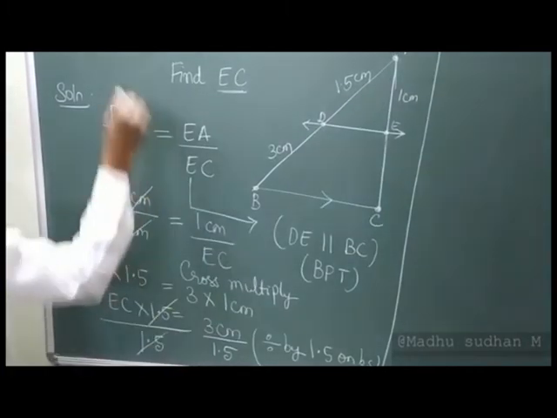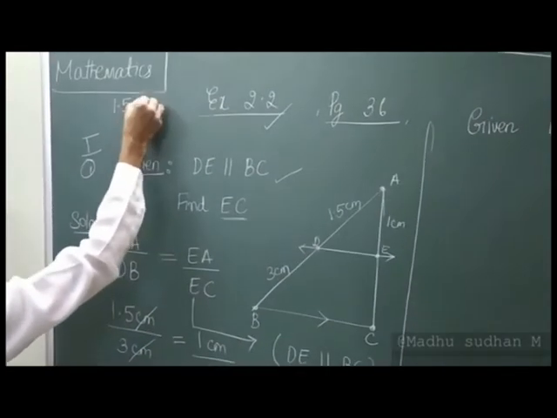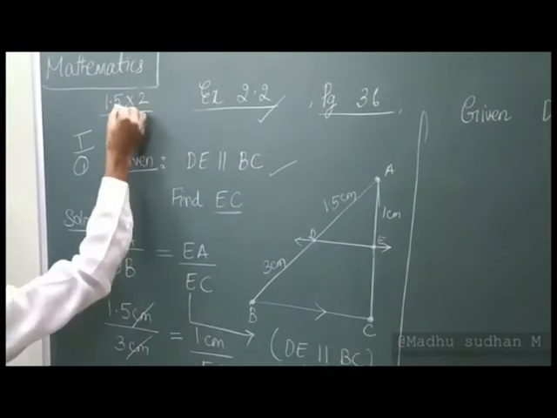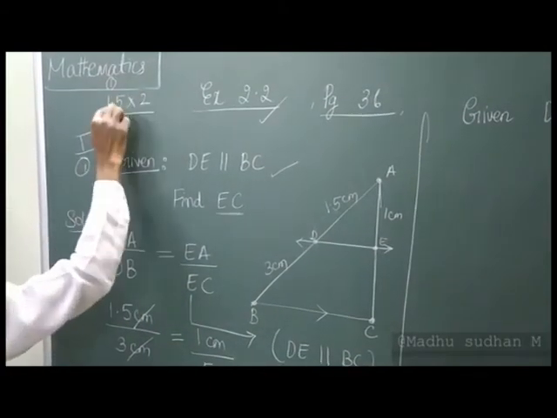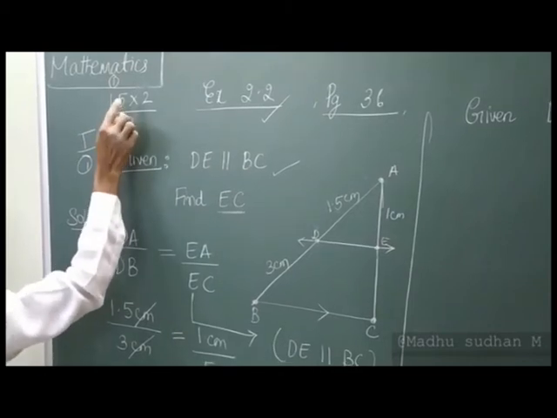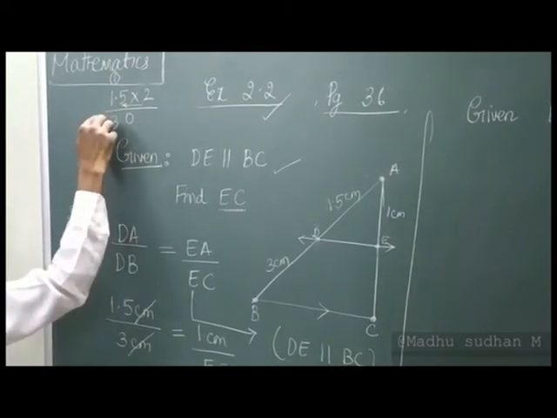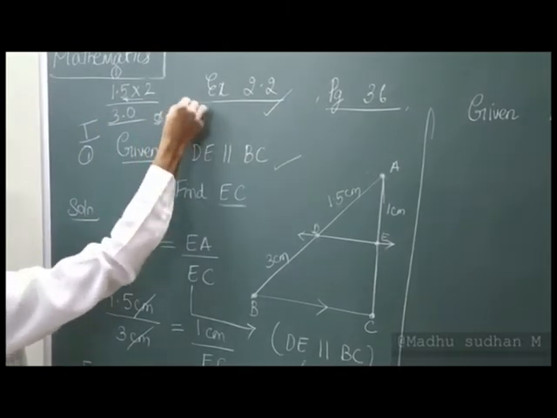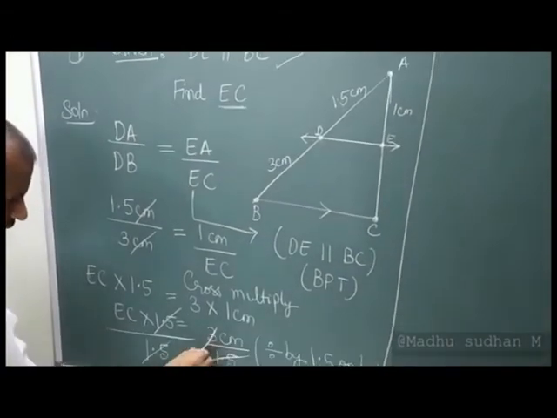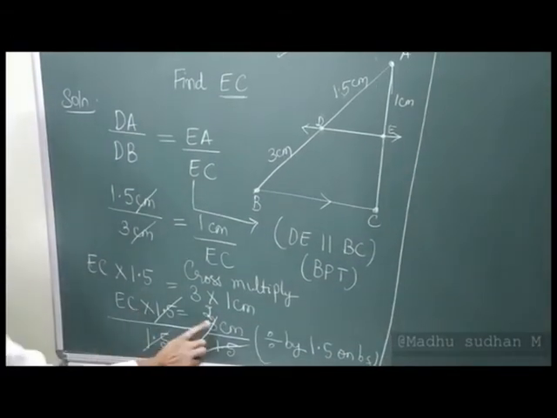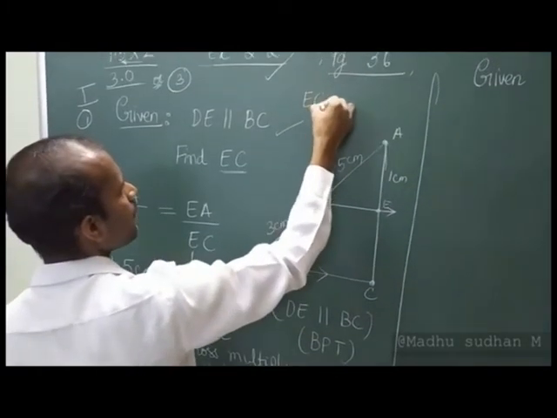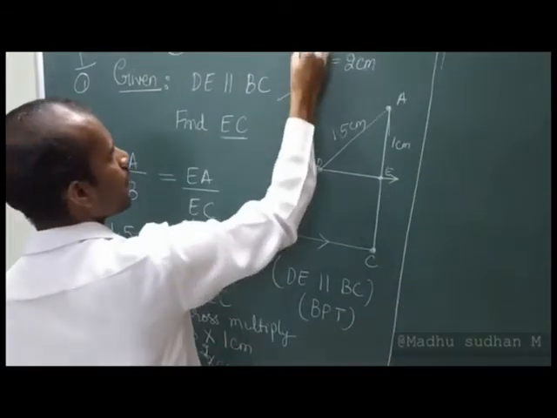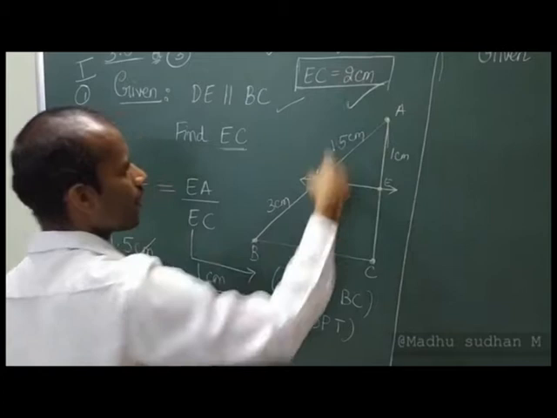So if we are good in decimals, 1.5 multiplied with 2, or 15 twos are 30, right? So we have 3 here. 2 fives are 10, 2 ones are 2, 2 plus 1 is 3 here. We have decimal point after 1 digit, right? After 1 digit from this side, so this is 3.0 or just 3, right? So 3 by 1.5 is 2. So what is the value of EC now? EC is equal to 2 centimeters. Centimeters unit we have here. So EC equals 2 centimeters is the solution for this question.